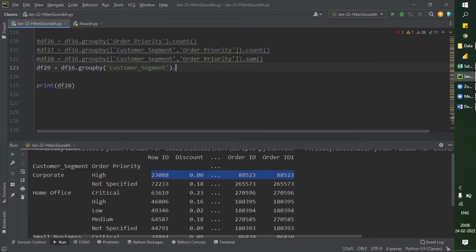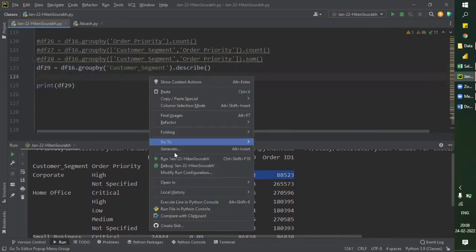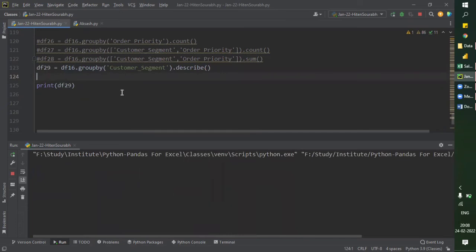And if describe, okay. If I run this, you just see the result. What describe does,